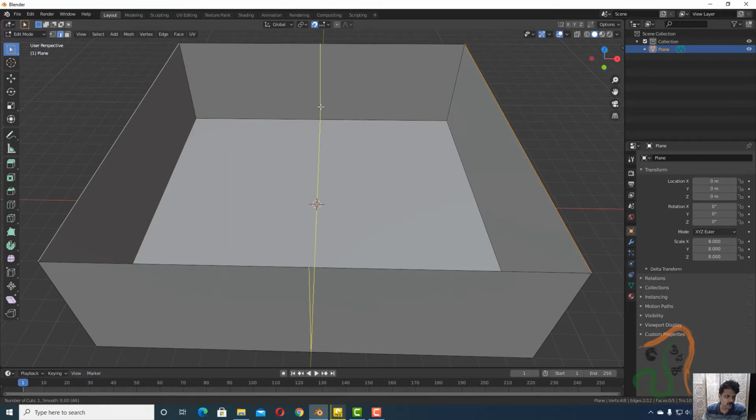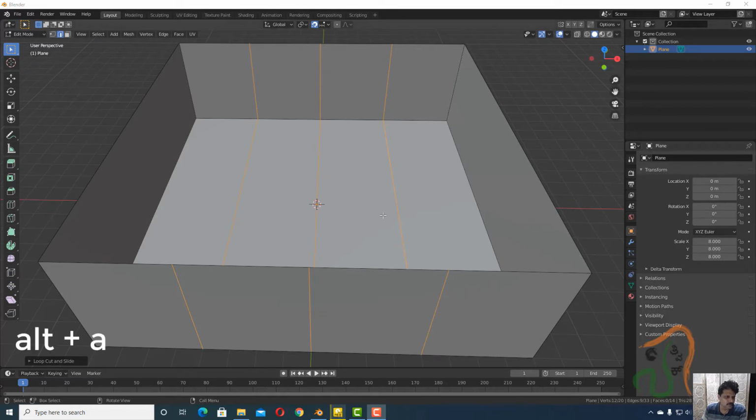As you roll the mouse, the number of edge loops are going to increase. So let us increase this by 3 numbers. Roll twice to add 3 numbers. Then click twice. The first click will add the loop, and the second click will fix the position of the loop.